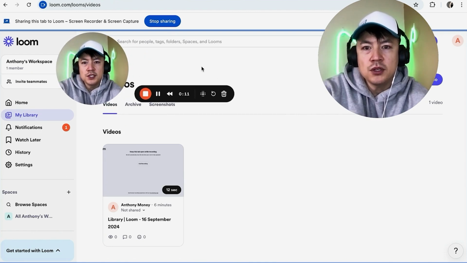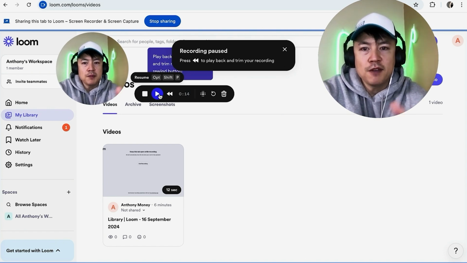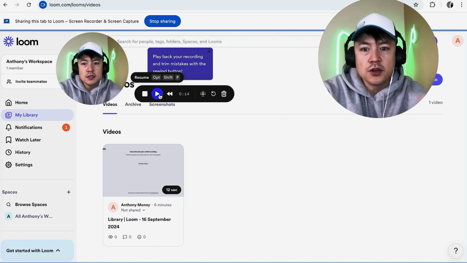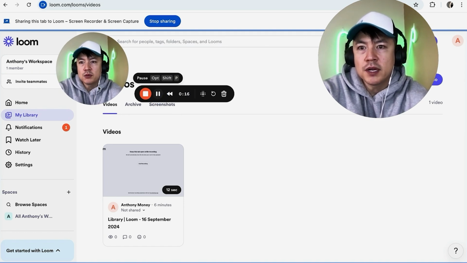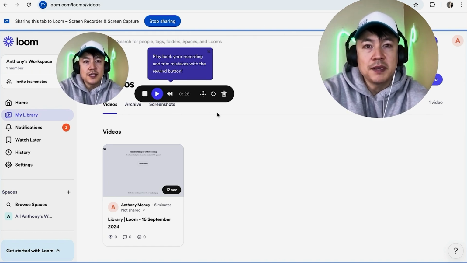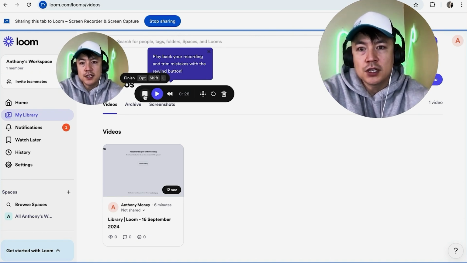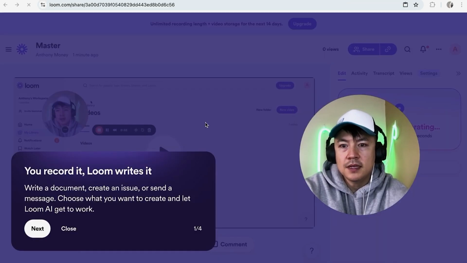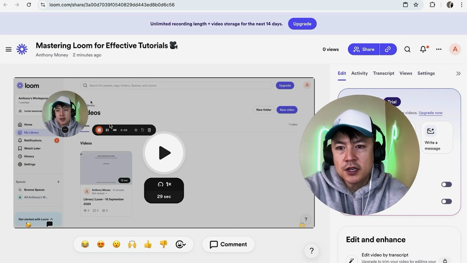And then once you are recording, you can go ahead and pause the recording by clicking here. So that's for maybe if you need to switch between different windows during your tutorial. And then when you're ready to start recording again, just click on the play. And now it's recording again. And you can keep doing that over and over again. And then once your tutorial has been completed, you want to click on finish, which is this kind of stop button. Okay, now you can see your Loom recording right here,